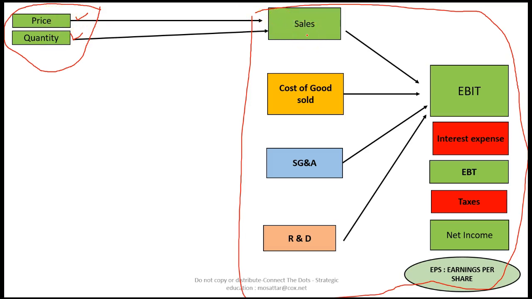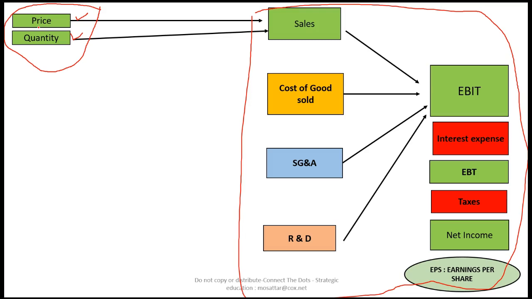It could be positive or it could be negative, but your thinking process to improve the sales will eventually have to come from price and quantity. How's the competition doing? What does the industry look like? This is where you're going to start to think, as you get into the future classes, about the Porter's Five Forces analysis or Porter's generic strategies.